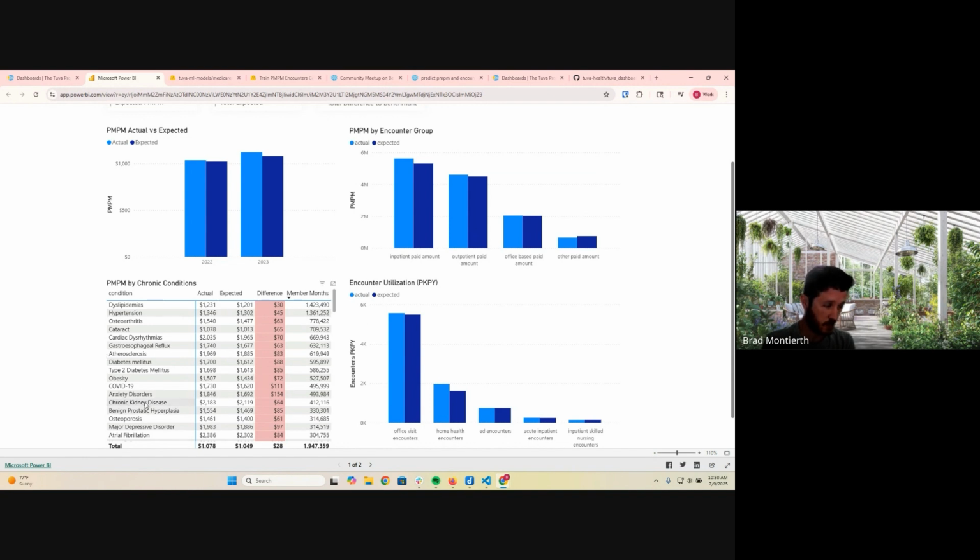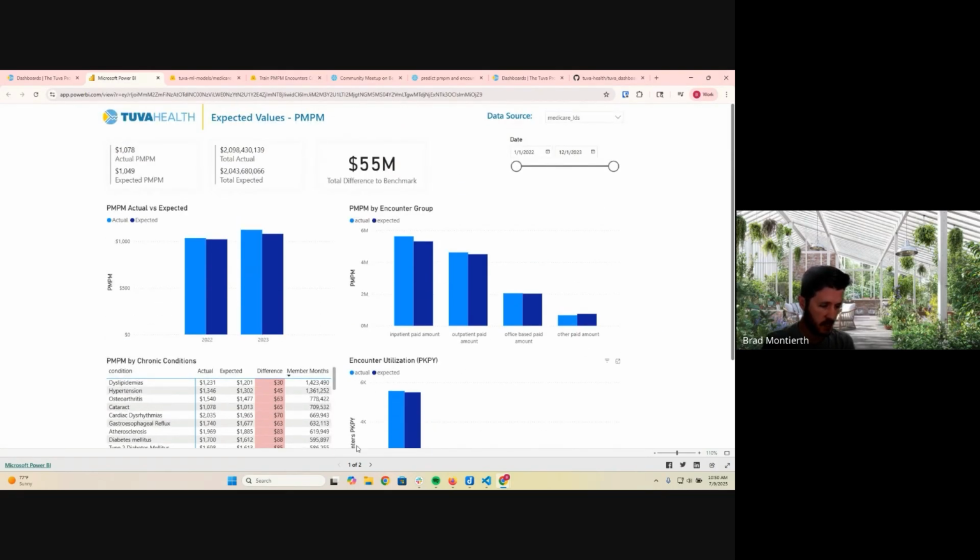And so, for example, in this data set, members that have CKD, we could see they have an expected value of 2100 PMPM compared to actual of 2100, and those adjust accordingly, right? The less expensive conditions you can see will also have a less expensive expected PMPM.